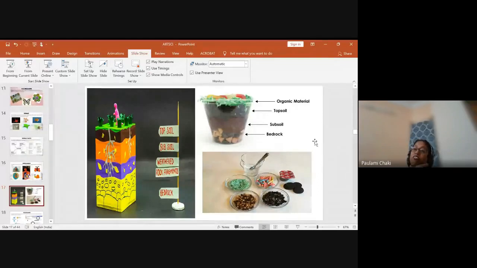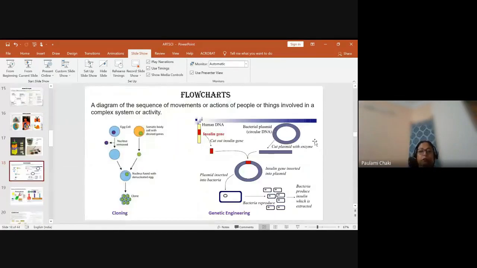And once they have done it, you can ask them, okay, now I'm giving you 5 minutes. Just taste your delicacy, taste the soil profile. Tell me which soil profile you are eating. So see, this is a very fun, experiential way of learning topsoil, subsoil, rock fragments, parent rock or bedrock, because somewhere it is again confusing, because a horizon, O horizon, when we are teaching, that becomes quite confusing. So this way it can be introduced in a very joyful manner in the classes.